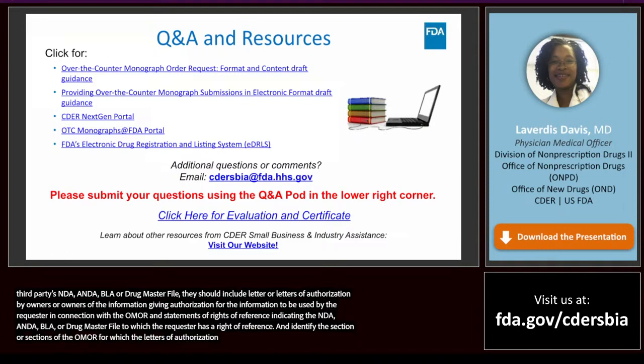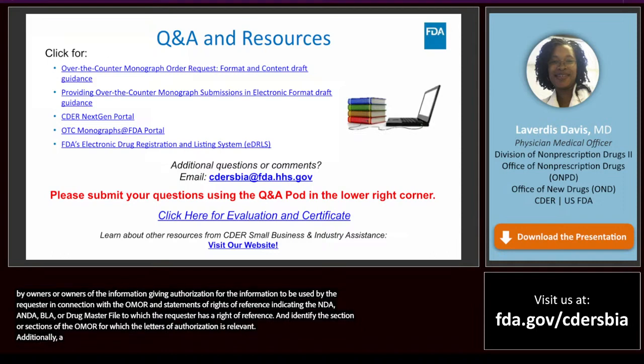Additionally, a requester may include literature searches, scientific articles, other published materials in support of an OMOR.